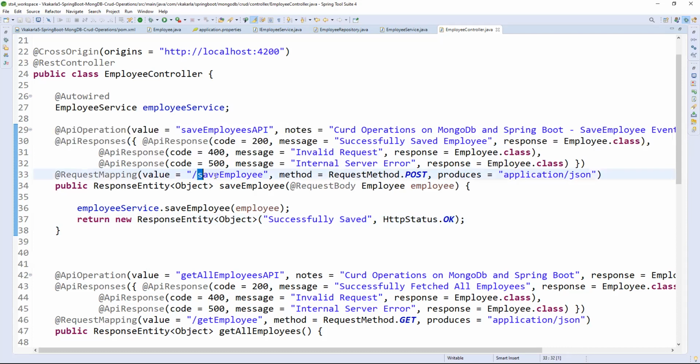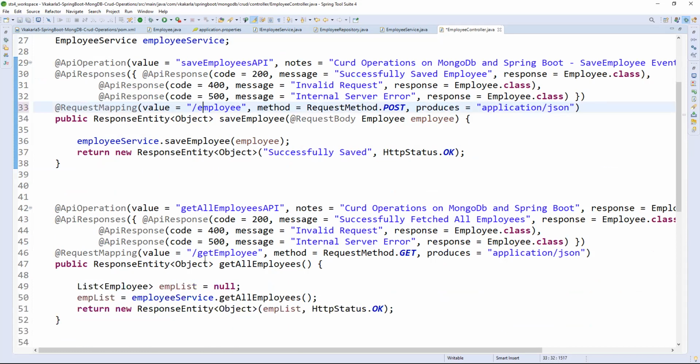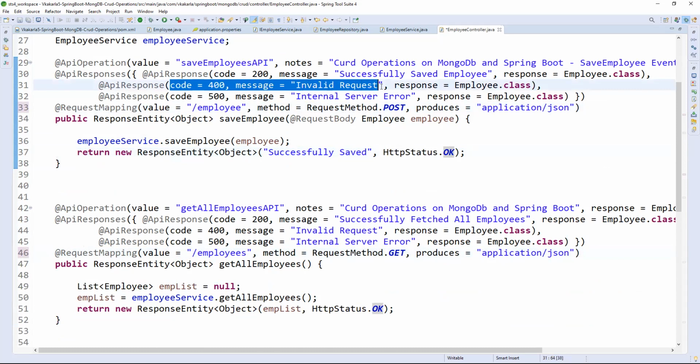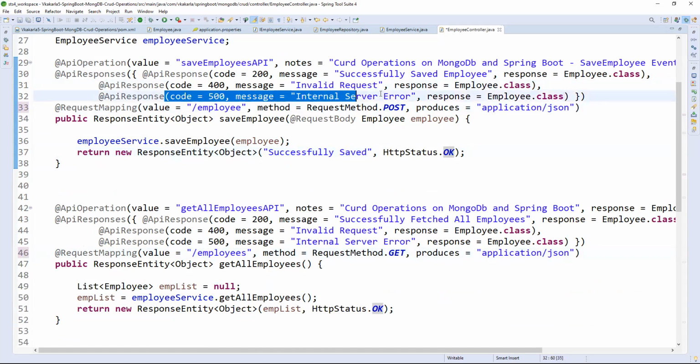Is it going to affect the response? For example, when it throws a 400 error, the message will show as invalid request in Swagger, right? See, whatever response we are sending here will be shown as part of the response. But whenever people refer to the documentation, the documentation will show these errors: 400 invalid request, 500 internal server error.